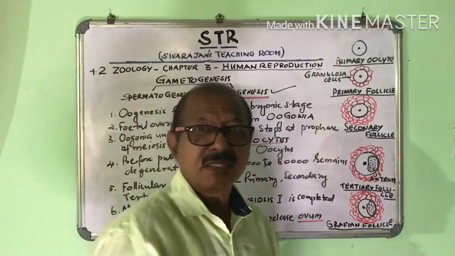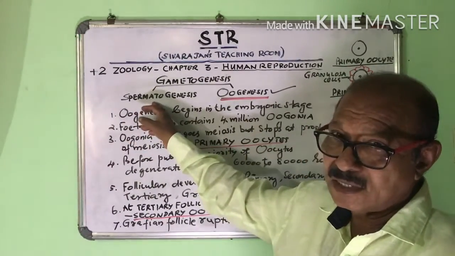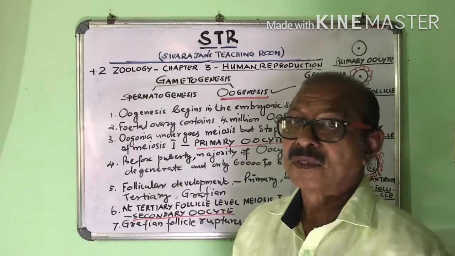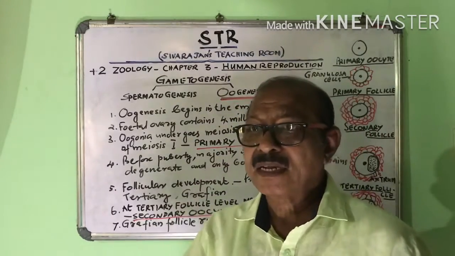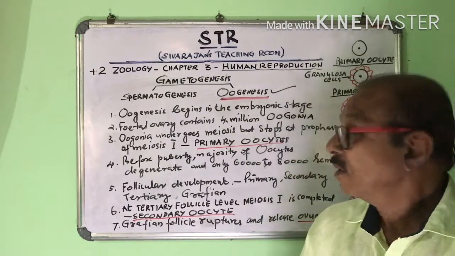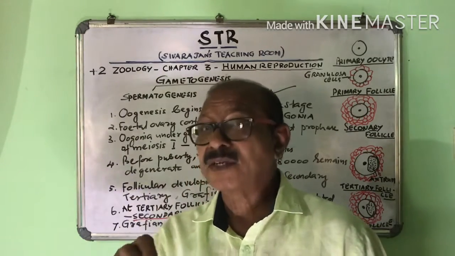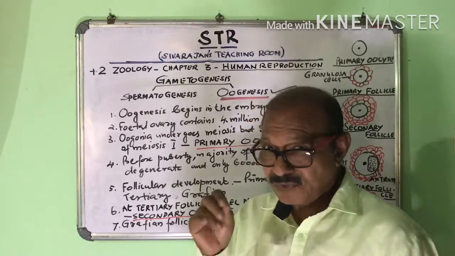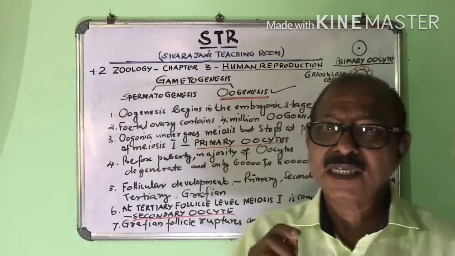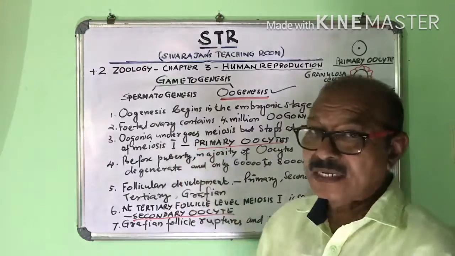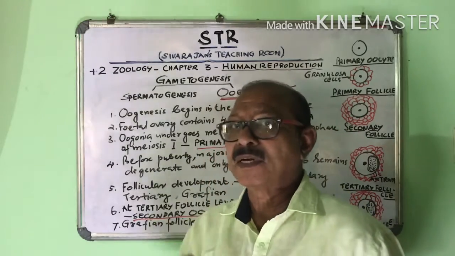There is considerable difference between oogenesis and spermatogenesis. See, in the case of spermatogenesis, it begins at puberty, at sexual maturity. But in the case of oogenesis, it begins in the fetal stage of the embryo. When the embryo is 24 weeks old, that means the fetus is about 6 months, 6 into 4, 24. So when the fetus is about 24 weeks old in the uterus of the mother, that